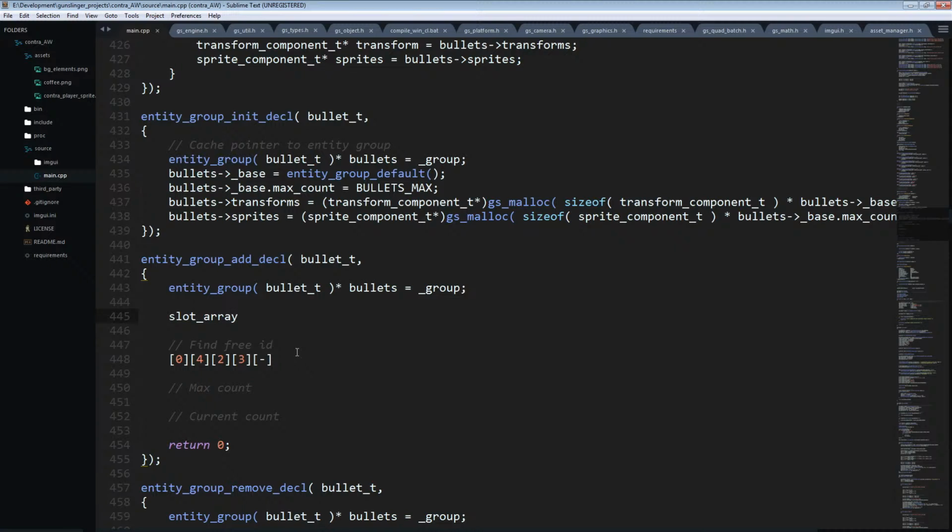So the slot array is going to be 2 arrays instead of 1. But what happens is it gives you back a handle, and you use that handle to do a double indirection into the actual data. And it's really fast. It's not much slower at all to be able to do 2 array lookups as opposed to 1. It's not like you're searching through a linear list or what